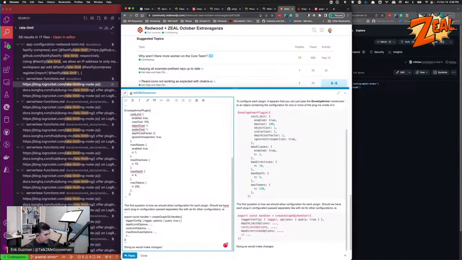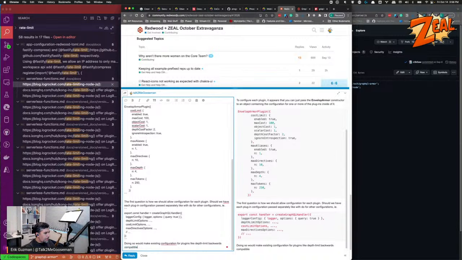would make changes, would make the current configurations, doing so will make existing, like, depth limit compatible